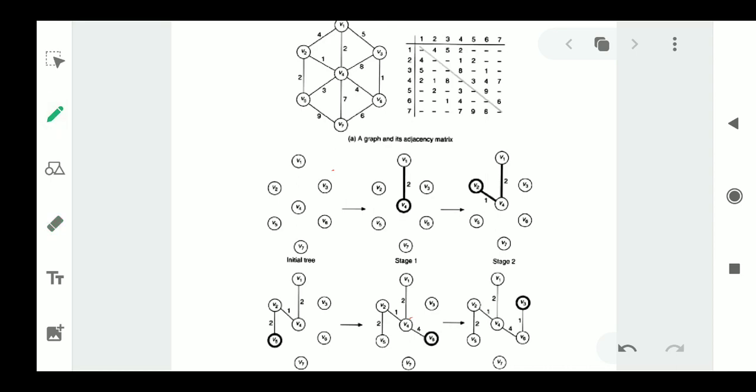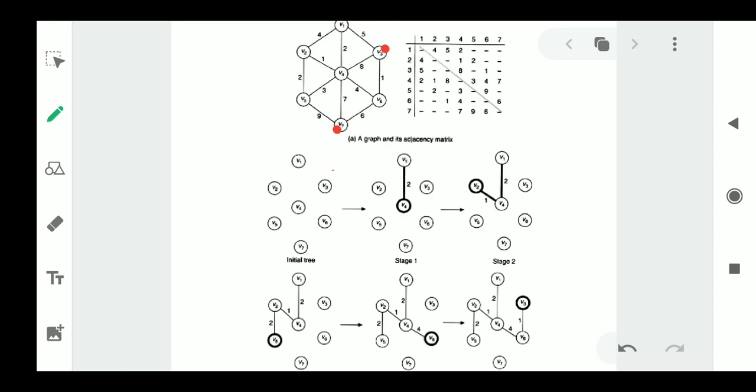So finally we reach the vertex V6, and there are only two unconnected vertices. We need to connect them also. So we will see what are the possible things for V6. What are the adjacent nodes for V6? Adjacent nodes for V6 are V3 and V7, as you see in the diagram. Which one is having the least cost? V3 is having the least cost. So that's why I will connect V3.